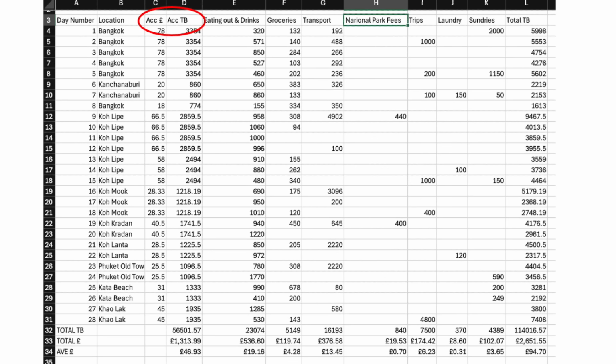As we said earlier, I have brought my little black book with me, which I took all the way around Europe when we were on our campervan adventures earlier in the year, and I've written down everything that we've spent, anything to do with food, all our travel, and we've split it into different areas and costs and put it into the spreadsheet. So we've got accommodation costs, eating out costs, groceries, and interestingly, the only grocery store we've come across really is the 7-Elevens,